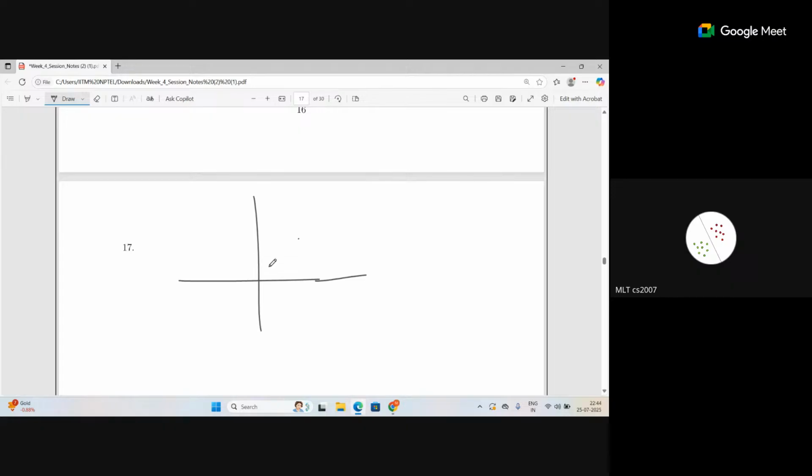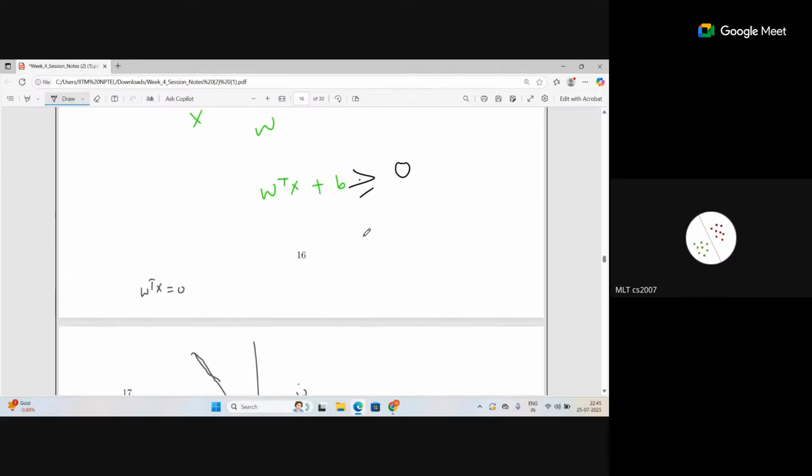The point I wanted to raise here is, let's say this is w. This is a w vector which is going through the origin, and let's say there is one vector x, or one variable x. The product of that, w transpose x, will be 0, which is that line passing through the origin. Why? Because it should be perpendicular, orthogonal to w. So this is w transpose x equal to 0.